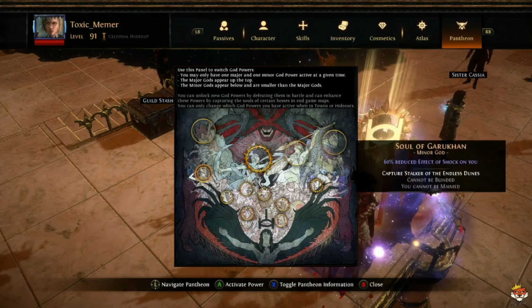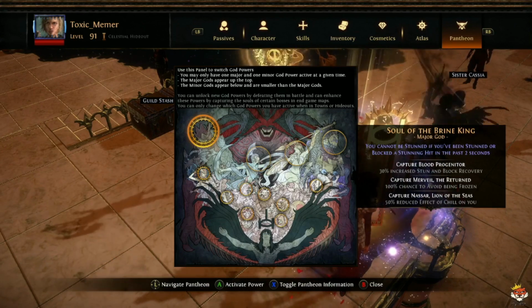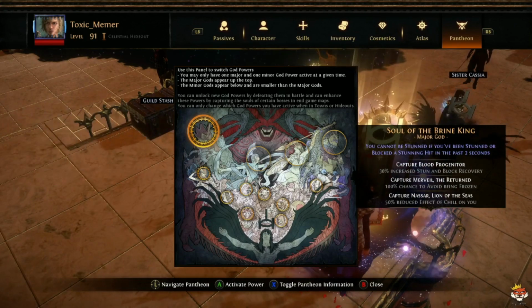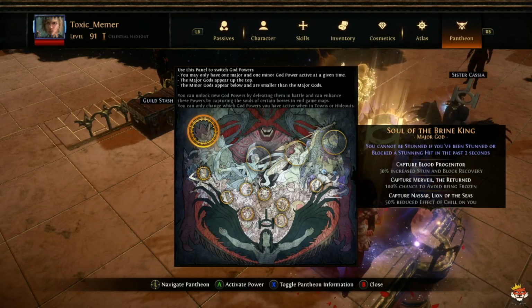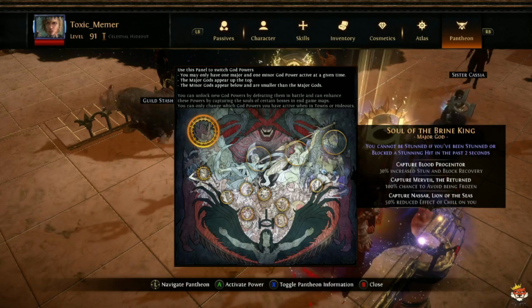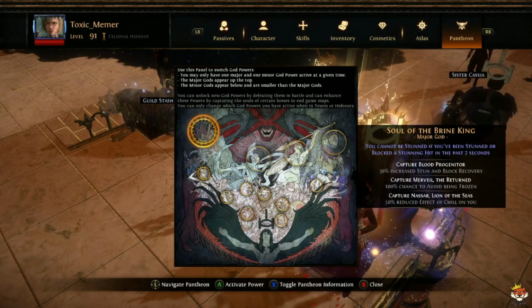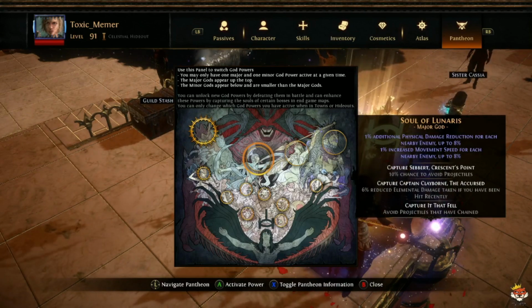You can have like the Brine King, where you cannot be stunned if you've been stunned in the past, and it can give you more buffs. But do check it out. Find during the build guide, it will tell you what you want. Or if you don't know, see what you're struggling with. You know, if you're getting consistent stun, take a Brine King. You know, if you're more up close, take Lunaris,